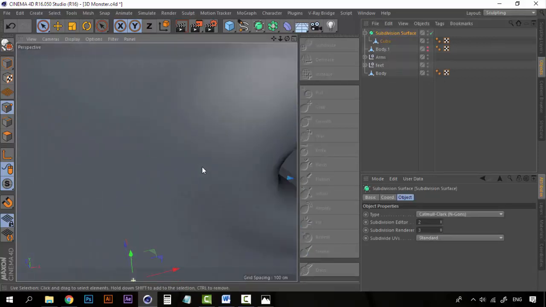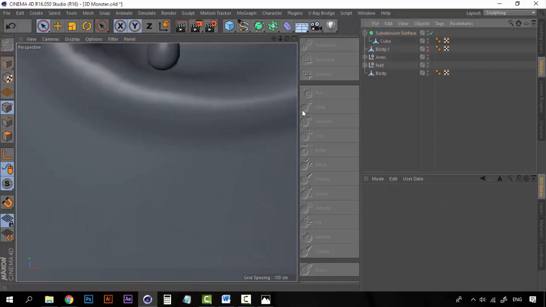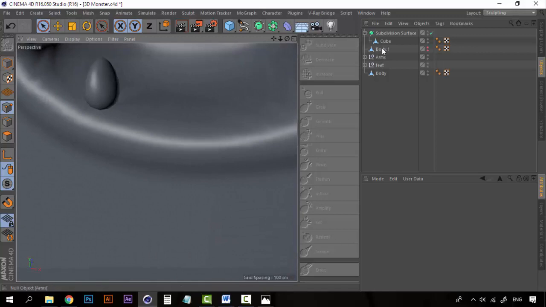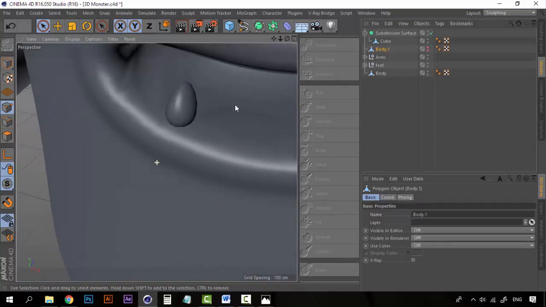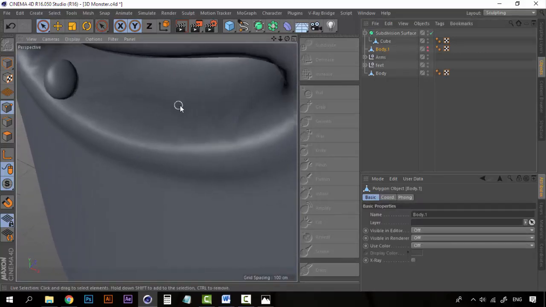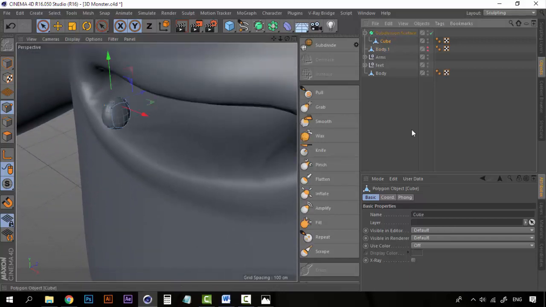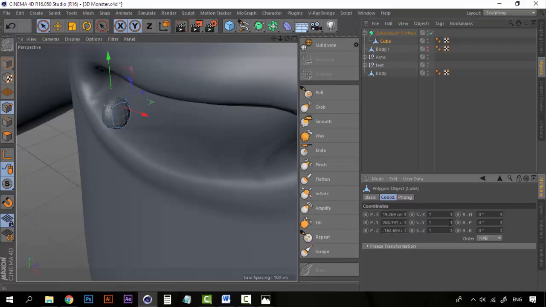Now it's time to change a little bit of the side. Grab your cube and change the Z-axis just a little bit so that it's a little flatter like this,